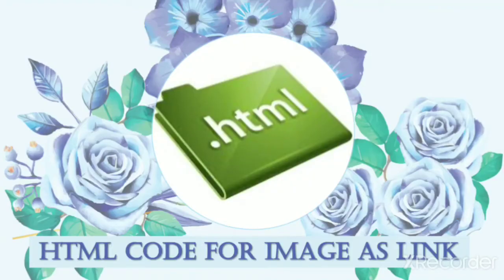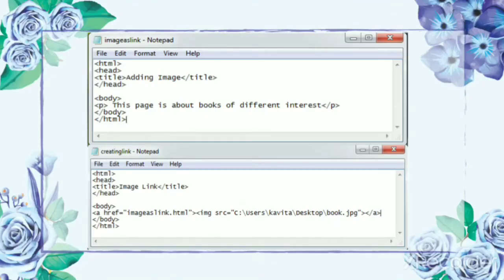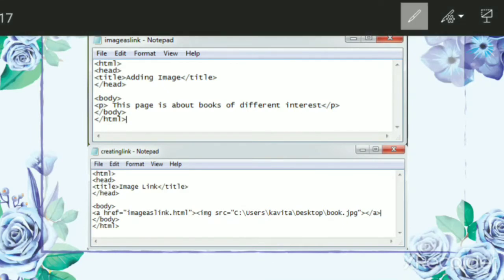Let us see how we can make an image work as a link. In this coding, our simple purpose is to take one image, so that when we click on this image, another web page opens.